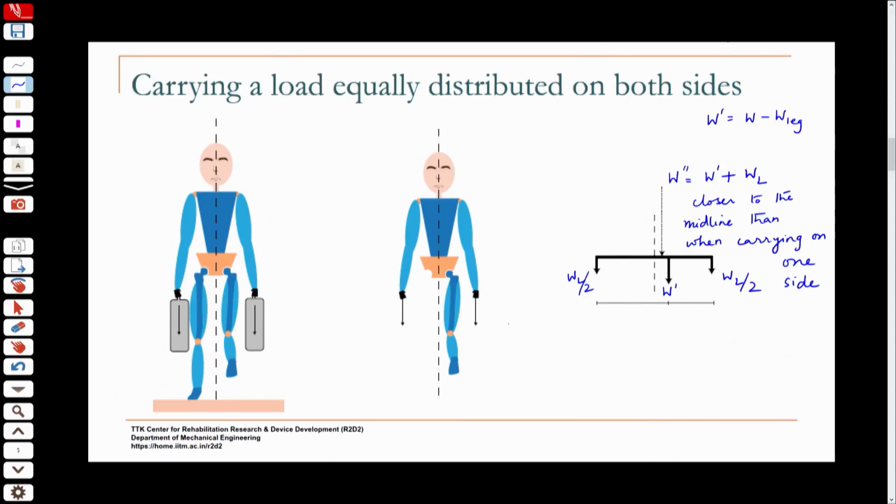And therefore, even though the hip loads are higher, it will be lower than this previous case. So, the better way of carrying a load is to distribute it equally on both sides. Okay. So, you are not loading one side. So, any time you bring loads closer to the midline of the body,